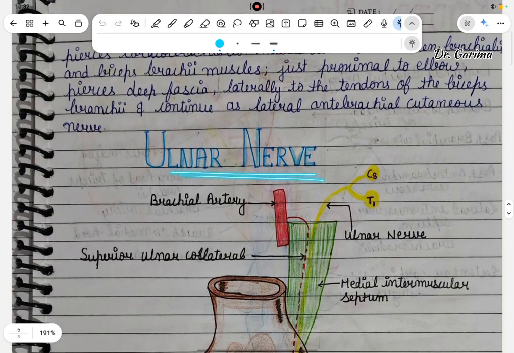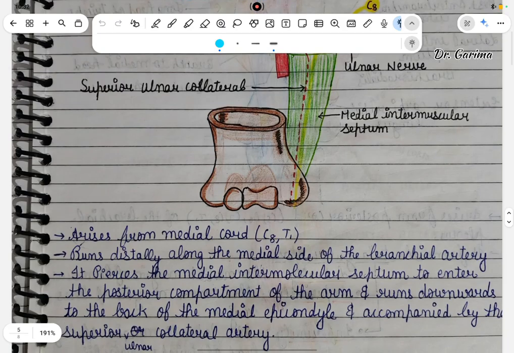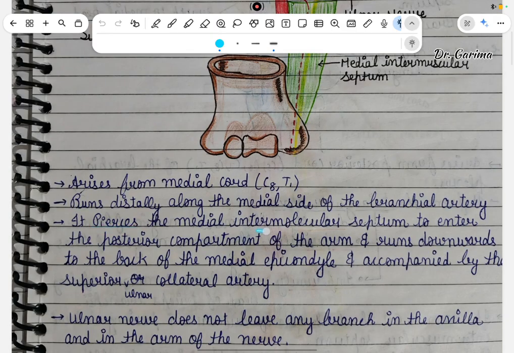Then the ulnar nerve. The ulnar nerve arises from C8 and T1. It comes with the brachial artery. It arises from the medial cord and runs distally along the medial side of the brachial artery. It pierces the medial intermuscular